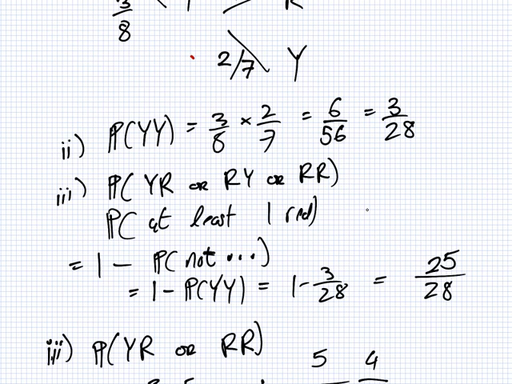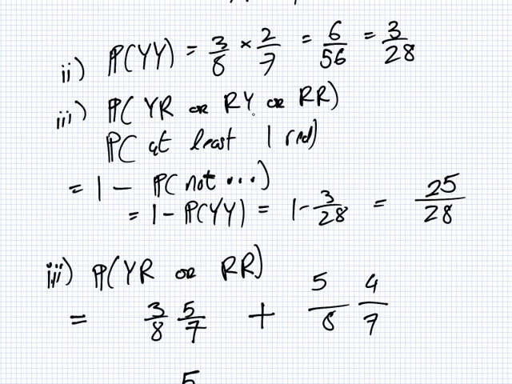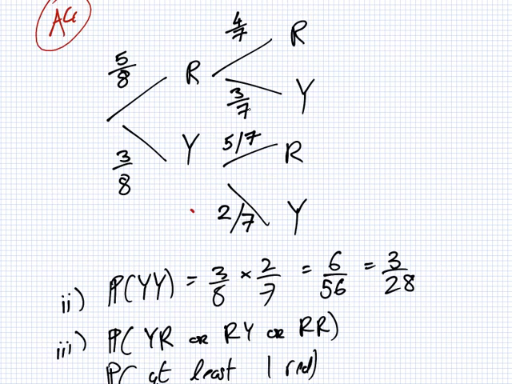Is that something to work out? The second is a red. Yeah, that was it here, wasn't it? No, that was at least one red. Yeah. The second is a red. Is it red or yellow, red? So that's 5/8 times 4/7